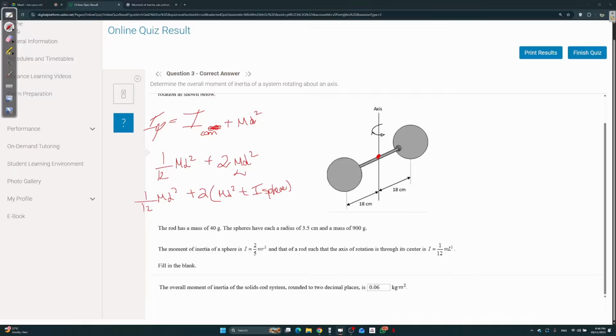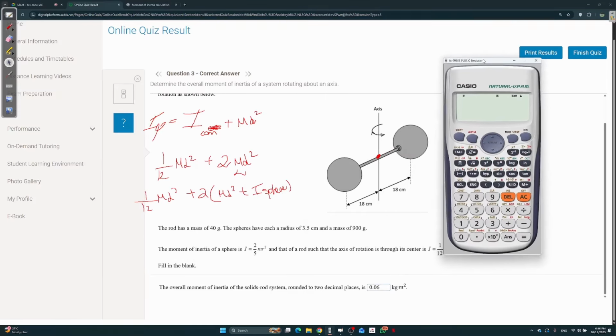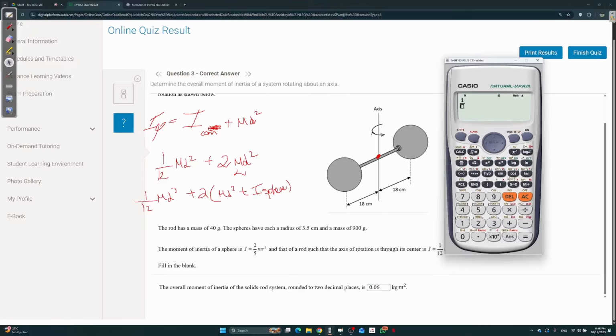Since it's another shape, if it was just a rod and you're moving from one point on the rod to another point on the rod, that's fine. You don't have to add the moment of inertia because you're still on the same shape. But now, since you're adding another shape, you have to account for that. So over here, simply we're going to do 1 over 12 times the mass times the length squared,